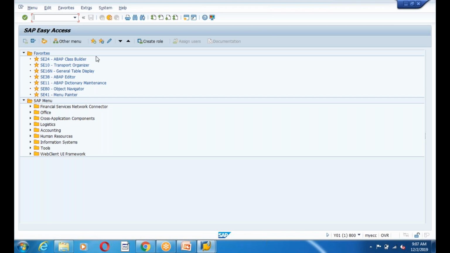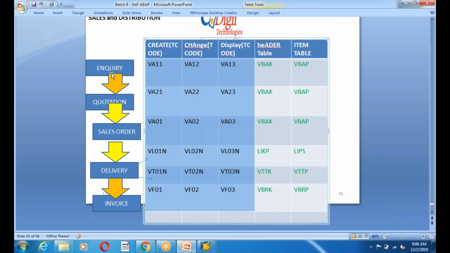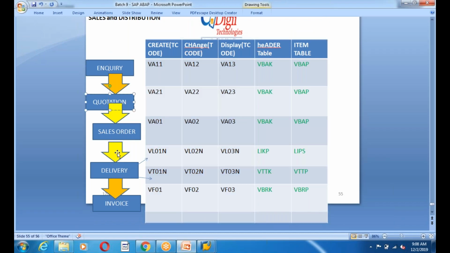See, everything is a ready-made application which is provided by SAP. No need to build. We are not building anything. But if any changes are needed, we are going to alter the existing one, like your ready-made shirt. When you buy a ready-made shirt, are you going to build it again? No. If the shirt does not fit your size, you are going to alter it. In the same way, we have a ready-made application to create an inquiry, a quotation, and a sales order. Very, very important.